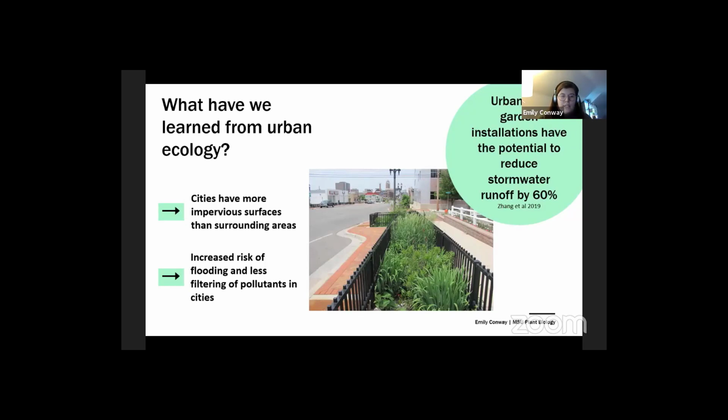We also know that these cities have a lot of impervious surfaces, which not only contribute to the urban heat island effect, but also increase our risk of flooding. Water tends to just run straight off of these surfaces because it can't seep through them. So these urban rain gardens that have been installed in a lot of cities, this one is actually on Michigan Ave in Lansing, can help reduce that amount of runoff, and it can also help by filtering that water and slowing it down. So instead of the water being moved to storm drains and then right into our major bodies of water nearby, like our streams and our rivers,